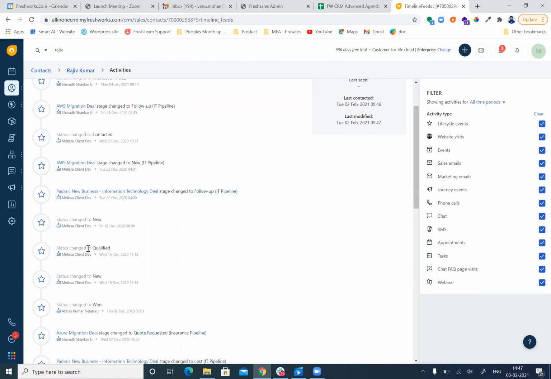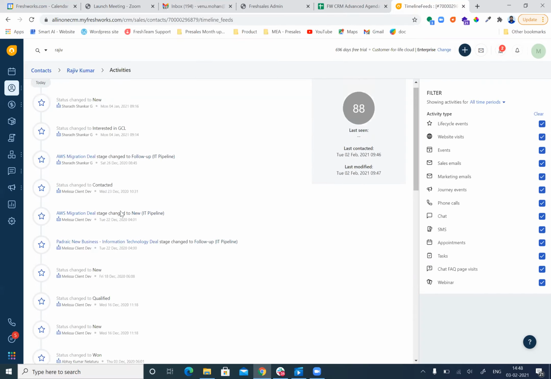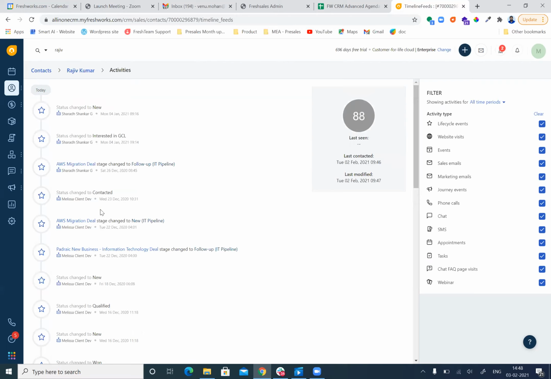All these activities are captured as part of this profile along with the timestamp. This gives you a clear picture each and every day of whether the customer visited your website, opened your email, you fixed an appointment, or sent an email to the customer. All this gets logged as a history of logs for each and every customer.